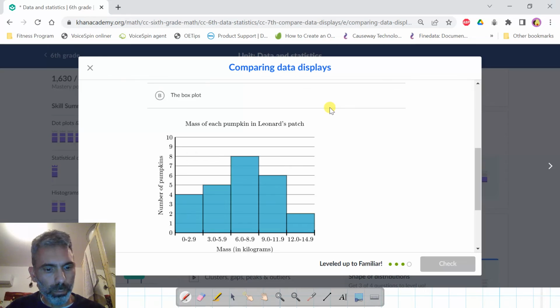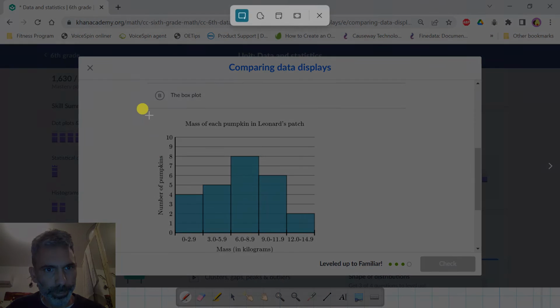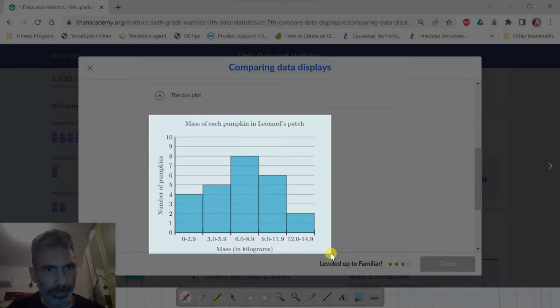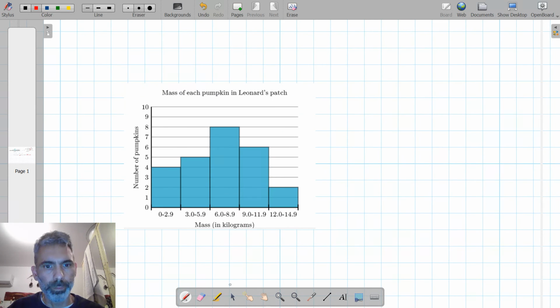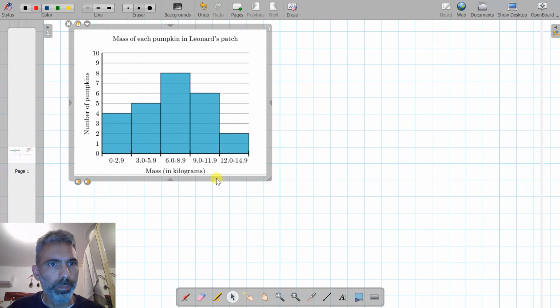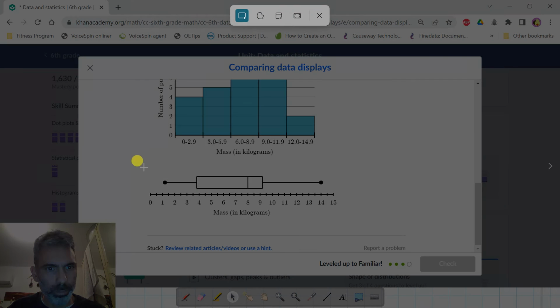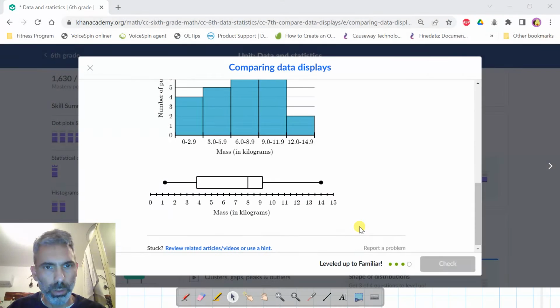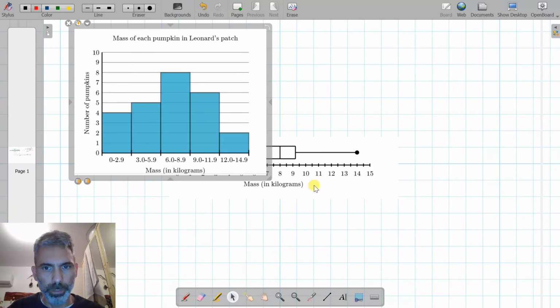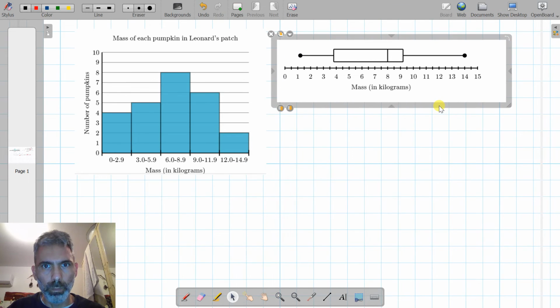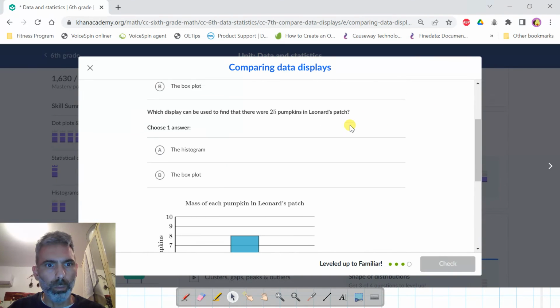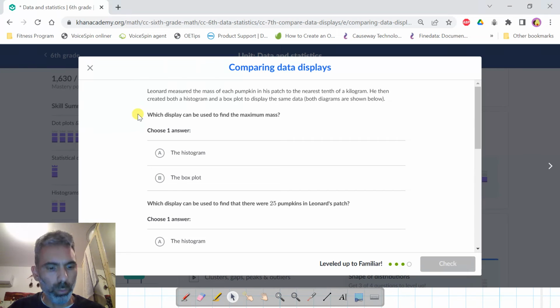Okay, so let me copy the histogram to the board. This is the histogram. And then the box plot. Now, okay, so first question is,